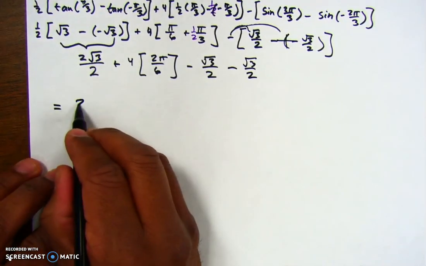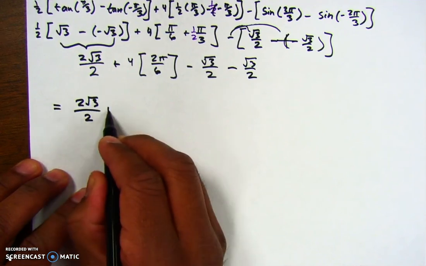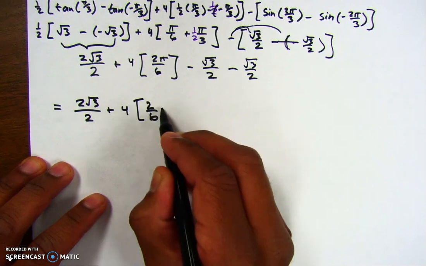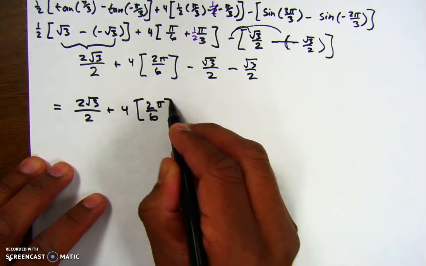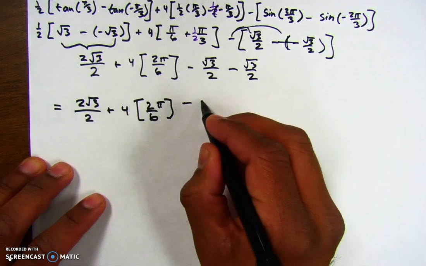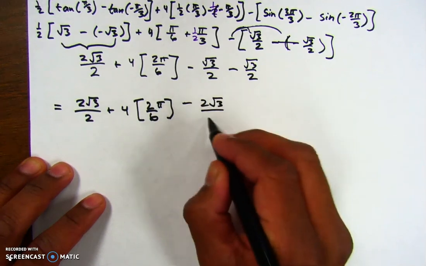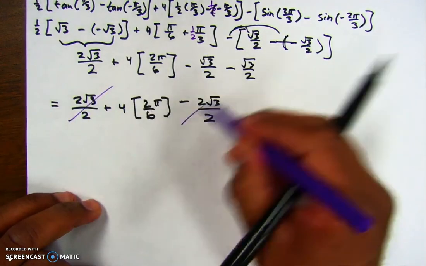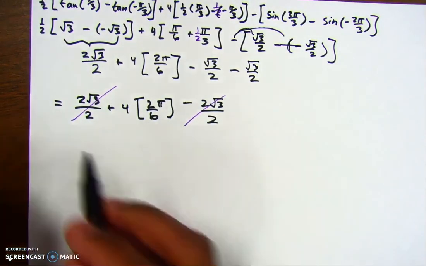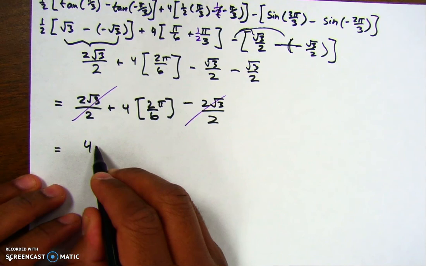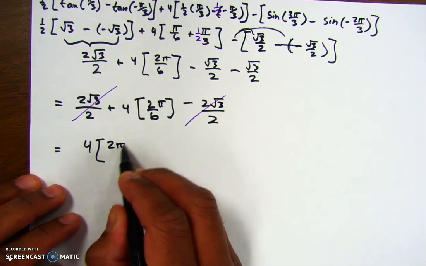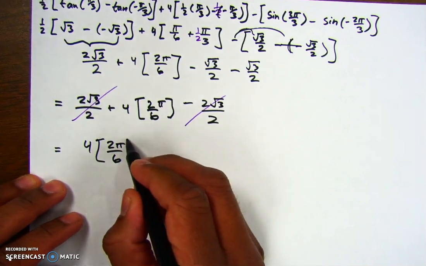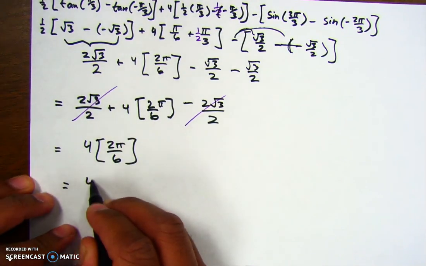So what I have is 2 radical 3 over 2 plus 4, and you guys can see how that's going to simplify already. And there's going to be this minus 2 radical 3 over 2, and things cancel out to get 4 times 2pi over 6, which will simplify to 4pi